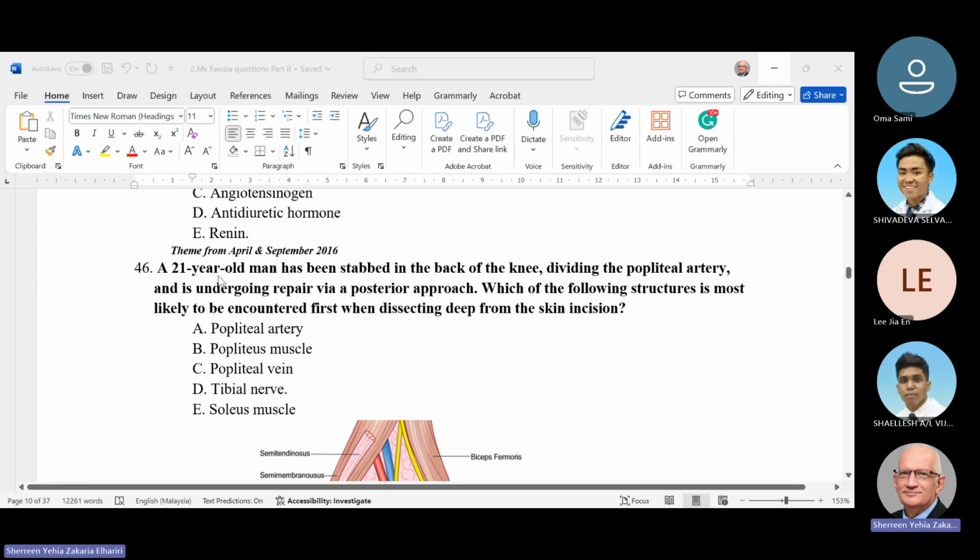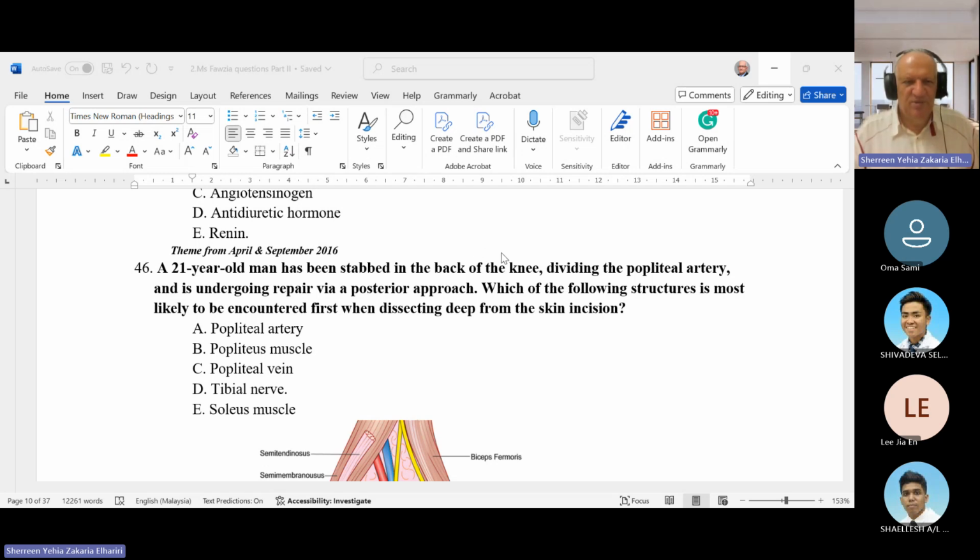Next question is: a 21 years old man has been stabbed in the back of the knee, divided the popliteal artery, and undergoes repair via posterior approach. Which of the following structures is most likely to be encountered first when dissecting deep from the skin incision? This is a tricky and very common question, because usually the anatomical position is like that. So the popliteal fossa is posterior, but when you need to make an incision in the popliteal fossa, you put the patient in prone position,